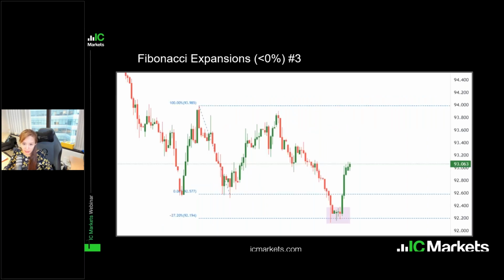And example 3. This is an uptrend, your starting point here, your ending point. And you know that price is retraced, I think almost like 100%, somewhere here. After that you can see that price reacts at negative 27.2%. And you know that on your left you cannot find any level, so that's why we use expansion to help us get either a support level or resistance level.